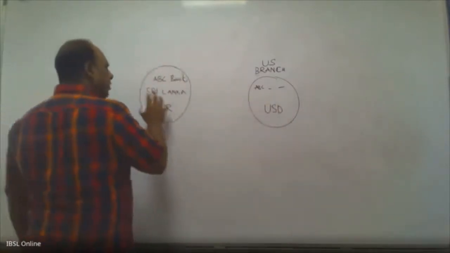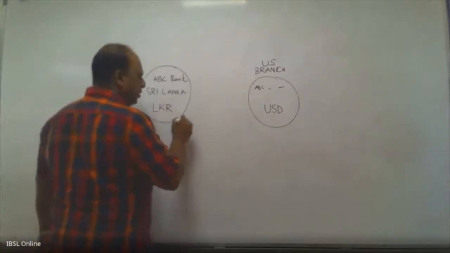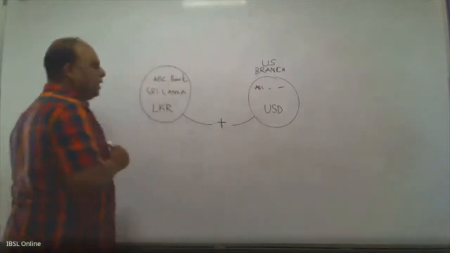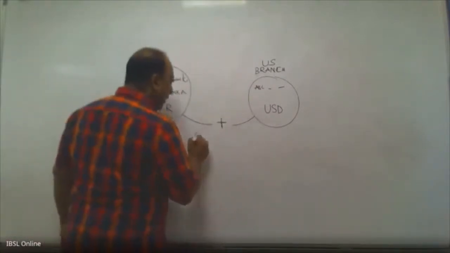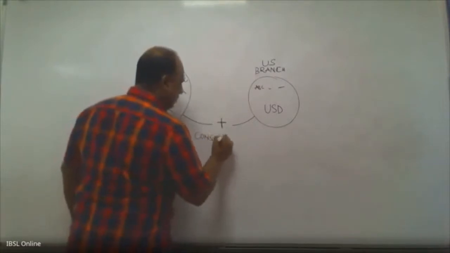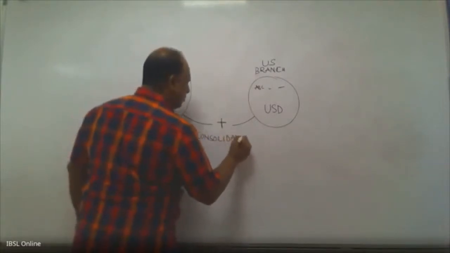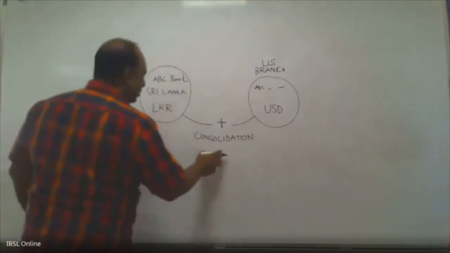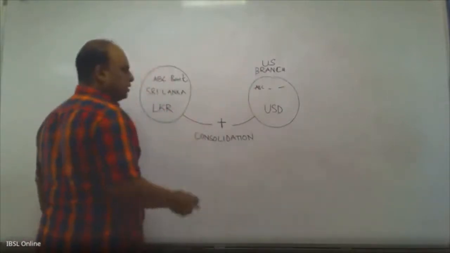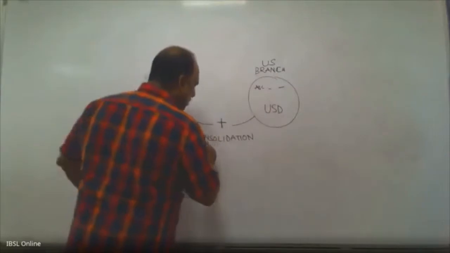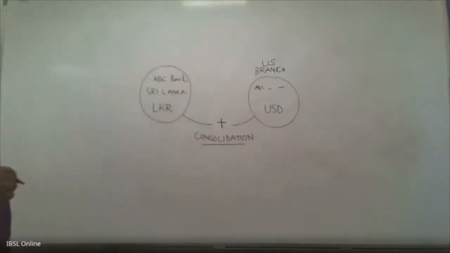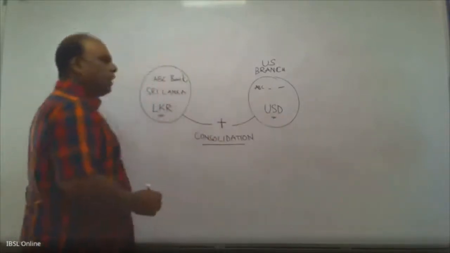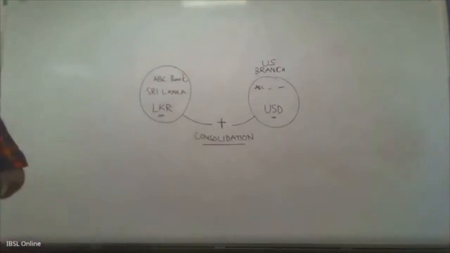So when you are preparing financial statements, you have to add the two. Adding the two is known as consolidation. Please remember these names, it will be important. Adding the two is called consolidation. So likewise, you can have any number of branches. If you are adding all those into one, that is called consolidation. Right. Now, this is in rupees, this is in dollars. How can you add rupees and dollars together? No, you can't do that.